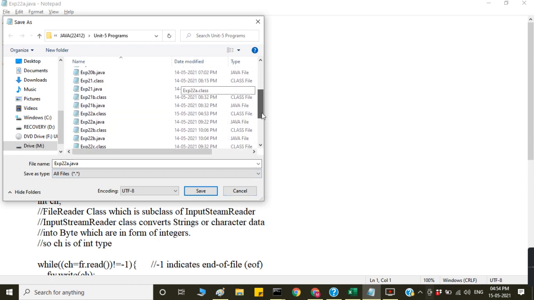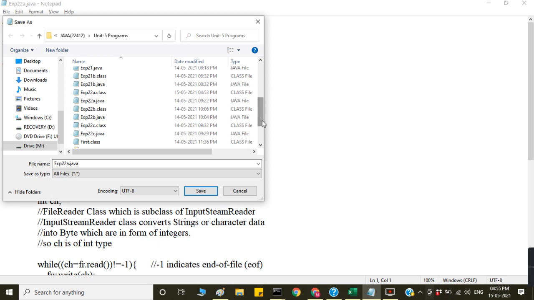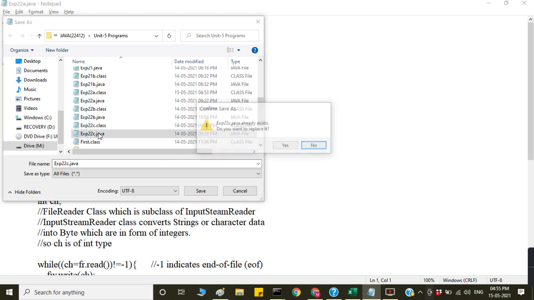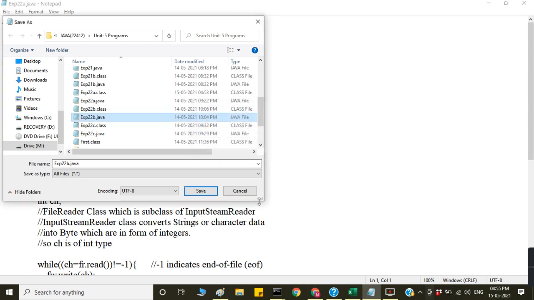C is there, and then B is there. I don't want to replace anything. Cancel.